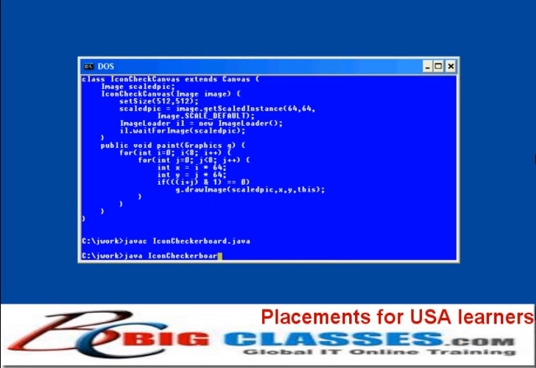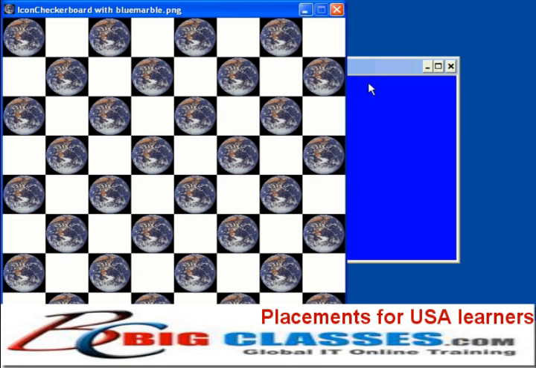As you can see on this version of Windows, an icon shows up in the upper left-hand corner of the frame bar at the top. The same icon